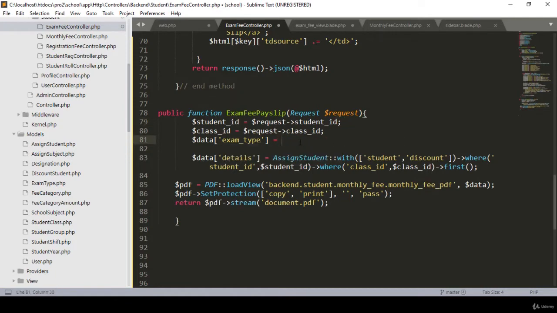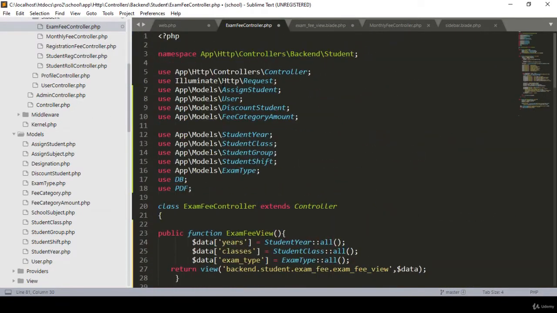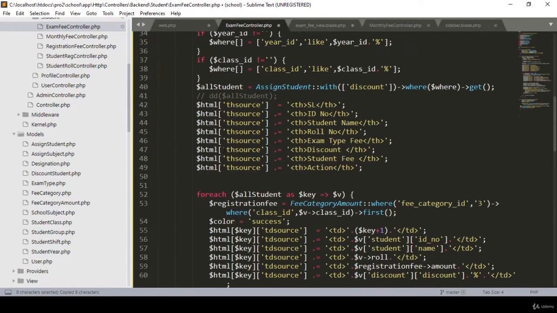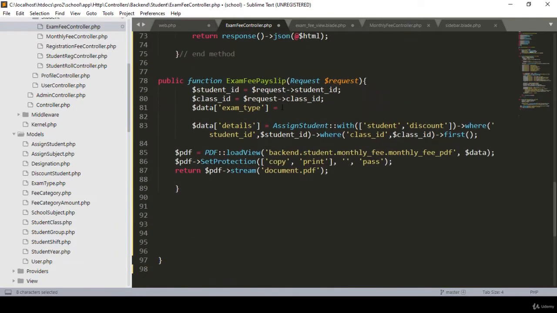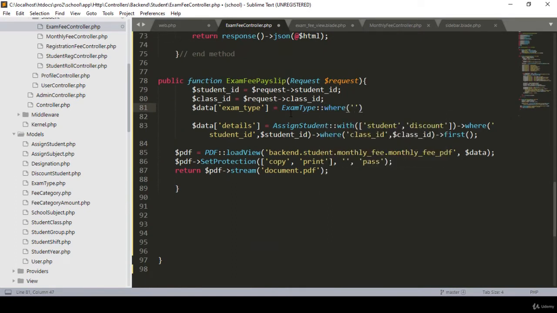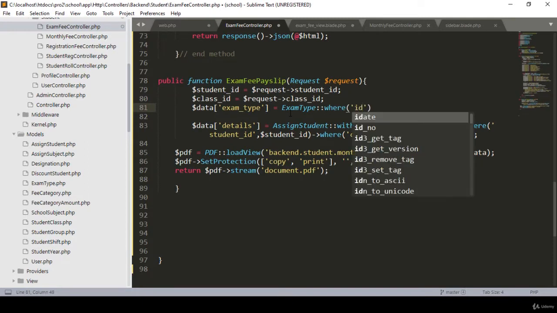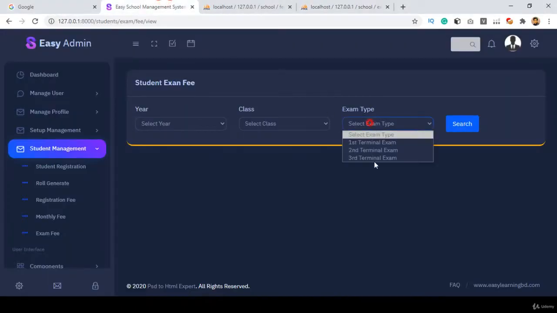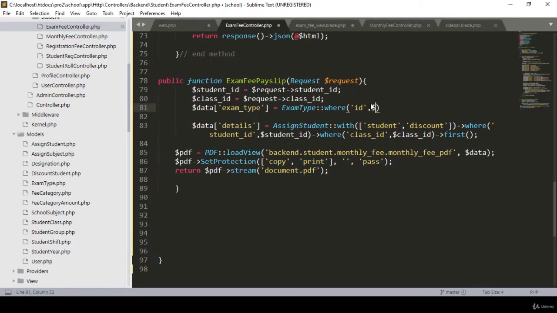Right now that is our model. I have already loaded that exam type, right? So now with this exam type I want to get this data, that means get it with this name. So with this exam type model I want to put a condition. Here I put a where condition, where our exam type ID will be our requested field name. That means whatever I pass to this position, I want to get this name, okay? So that will be our request,